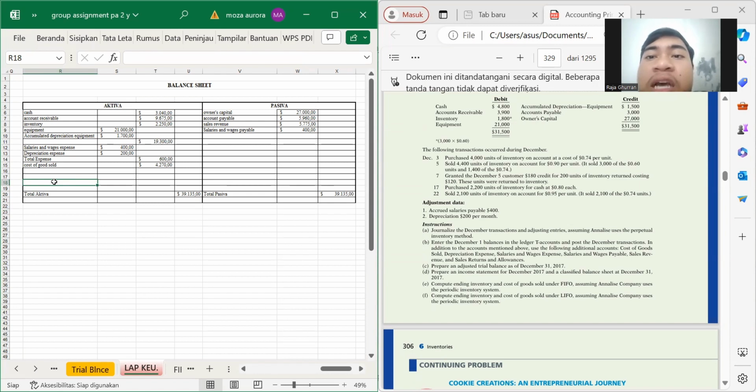First, this is cash. Cash is 3,040, and the accounts receivable is 9,675. The inventory is 2,250, and the equipment we minus accumulated depreciation equipment, and we get 19,300. Then salaries and wage expense 400, depreciation expense 200. We add them, and the total expense is 600. And the cost of goods sold is 4,270. So we add it all, then we get the total assets of